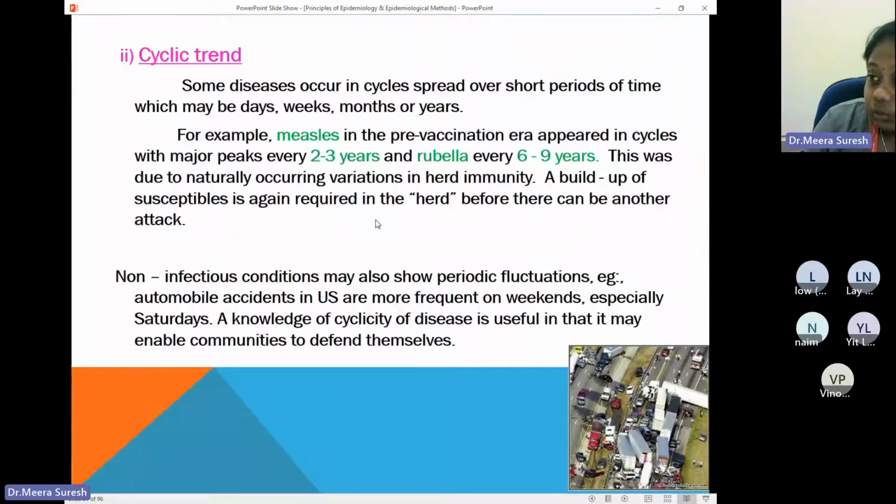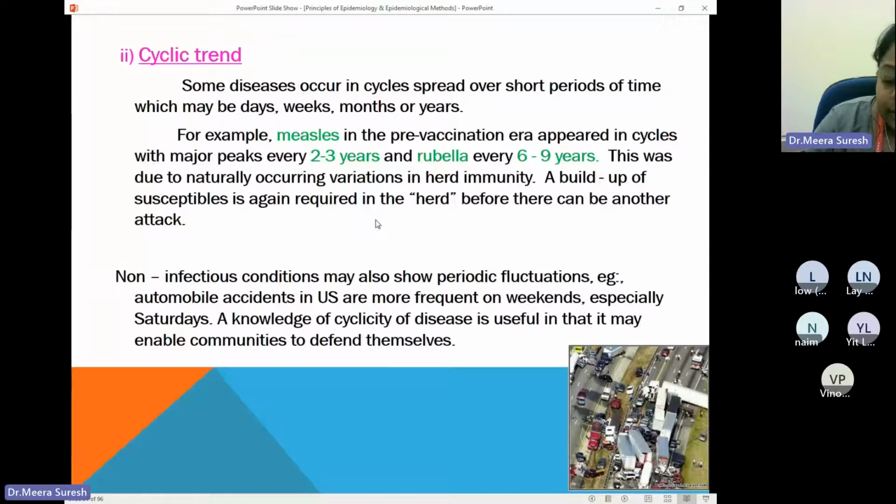I mean, WHO requested the member nations that they should implement the vaccination. So before that, maybe some people were taking it, or maybe they were not. So at that time, some people might have developed the disease, and then they developed immunity against that. So that immunity will be given to the next generation, and sometimes they will act as an obstacle so the other people don't get infection so easily.